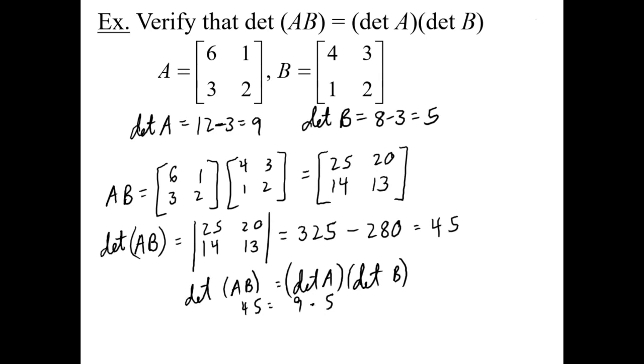If we have the determinant of a product, we could instead find the determinant of each part and then multiply the results. And notice that that's kind of nice because these two determinants were pretty easy to calculate. This one was kind of a pain in the neck, especially because first we had to find the product of the two matrices. And of course, if it was bigger than 2 by 2, it just becomes a lot more